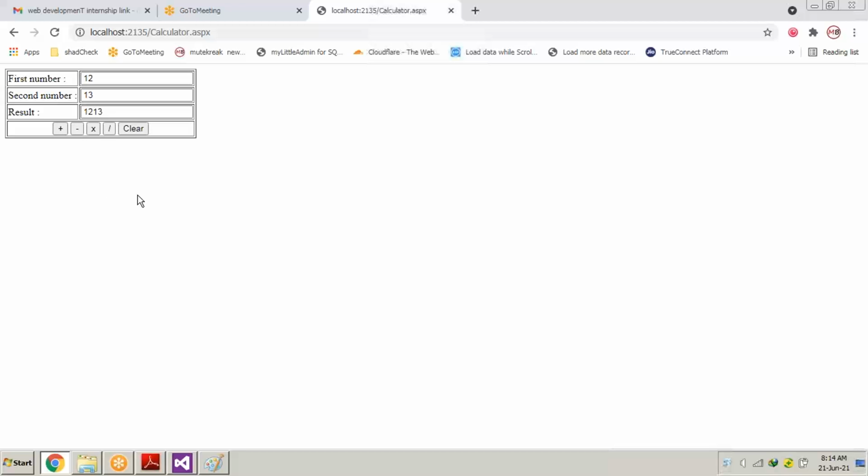1213. Okay, so if I write text box 3 equals text box 1 plus text box 2, that means the program understands that I have to attach the text of text box 1 and the text of text box 2 and show the result.